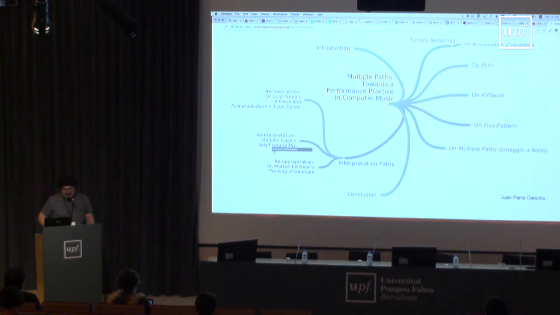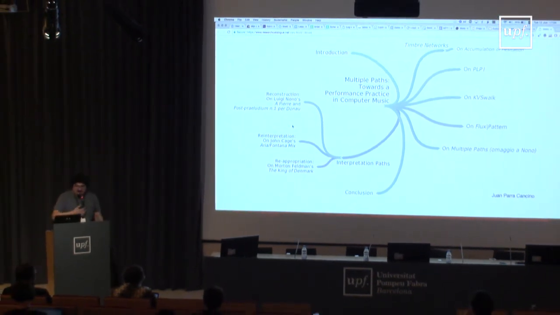The second, the notion of reinterpretation, that was, let's say, trying to analyze more the performance tradition of this work by John Cage, Aria, and Fontana Mix, and how, although they were originally conceived as a joint piece, they gained separate lives over time. So in this section of the thesis, you can see how I go through the relationship between David Tudor and John Cage, the relationship of David Tudor doing his own electronic music after John Cage, and how his understanding of what interpretation is informed my own reconstruction or reinterpretation of an electronic system that generates